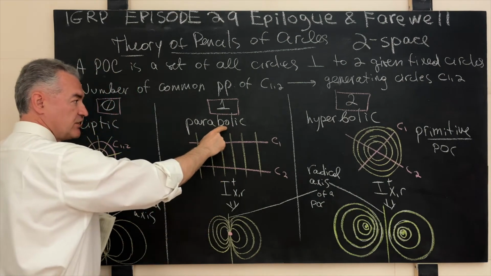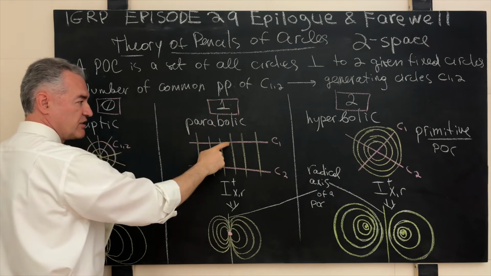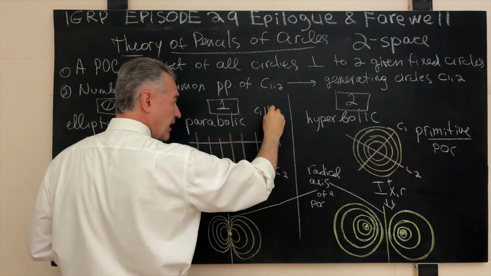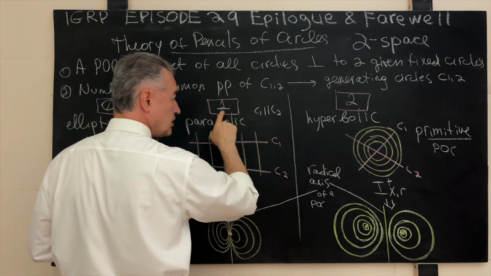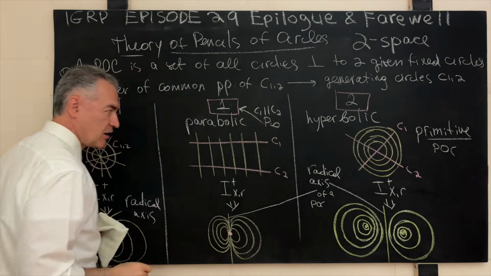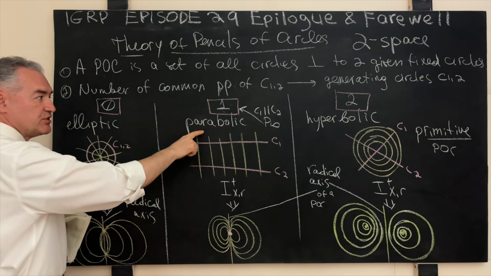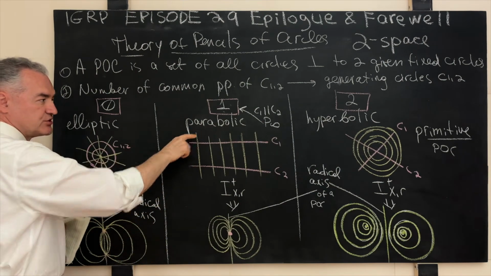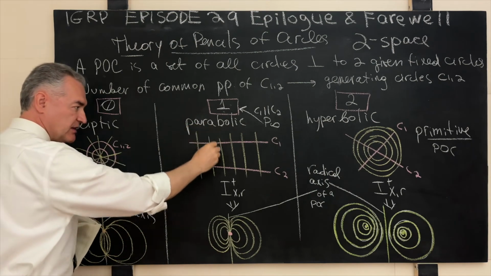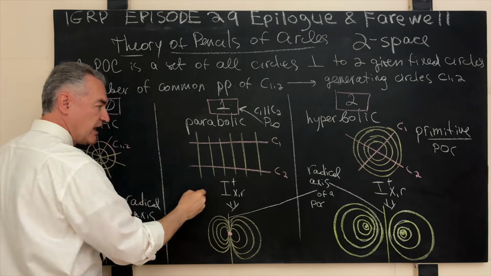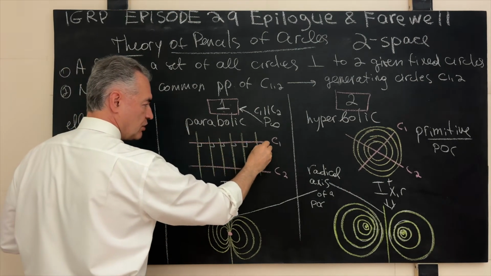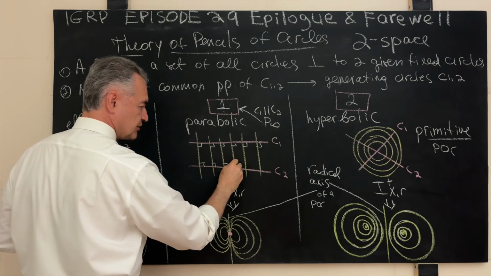Now, when the two generating circles have precisely 1 point in common, then these two generating circles look like parallel straight lines. So C1 is parallel to C2. What is their common point? The point at infinity. The point at infinity is their common one, these two straight lines. Consequently, the primitive parabolic pencil of circles has the following structure. It is all the straight lines that are parallel amongst themselves and are orthogonal or perpendicular to the generating circles C1,